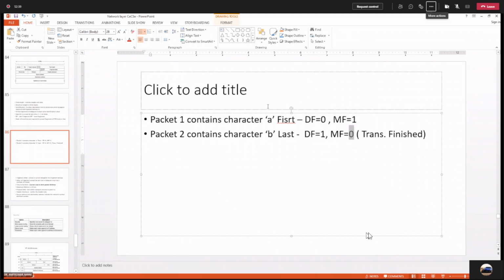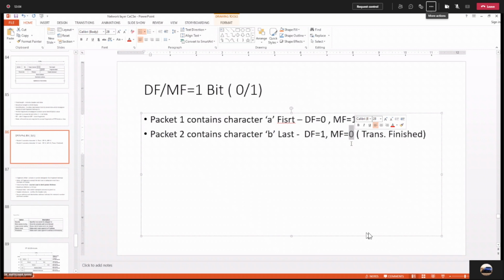The don't fragment field and more fragment field, the DF field and MF field, are 1 bit fields. So only two options are available in DF and MF: the single bit value can be 0 or 1. In the last packet, more fragment will be 0 because no more fragments are left.